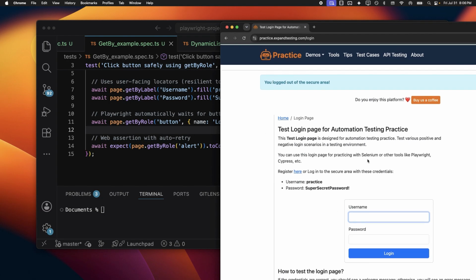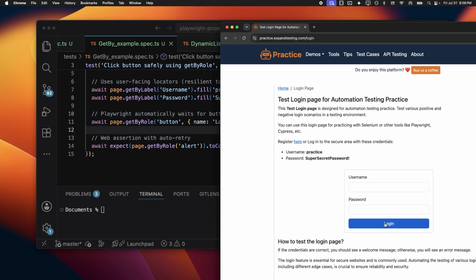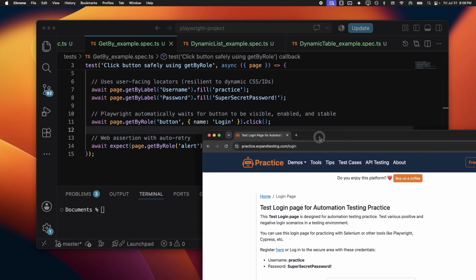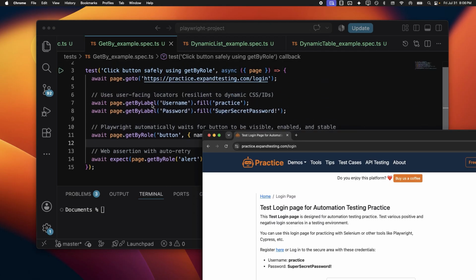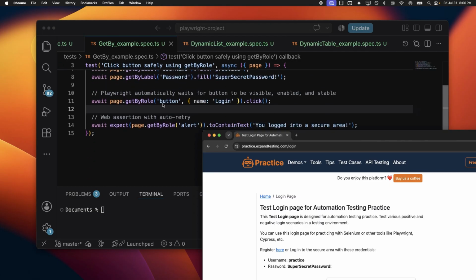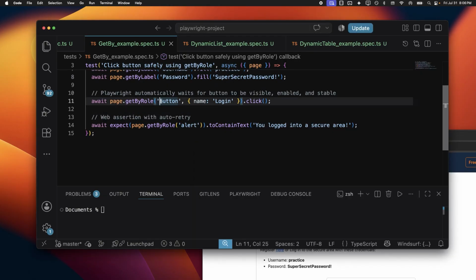are many buttons on the page, but as a human being, how will you look at the button on the page? You will see this is not a login button because you see this has a name, buy us a coffee. So you will go and look for the button that has the name login. So in the same way, you mimic how a human being interacts with the user facing application. So you want the script to look for a button with a name login, and then click and then perform